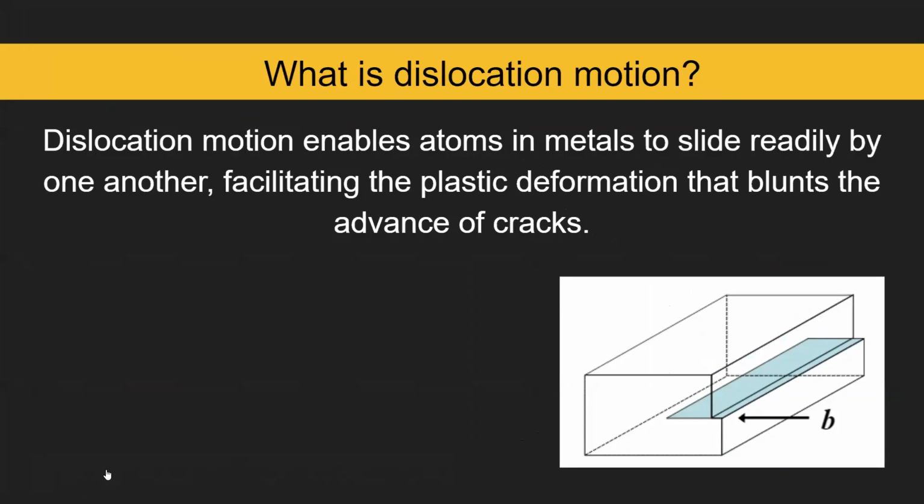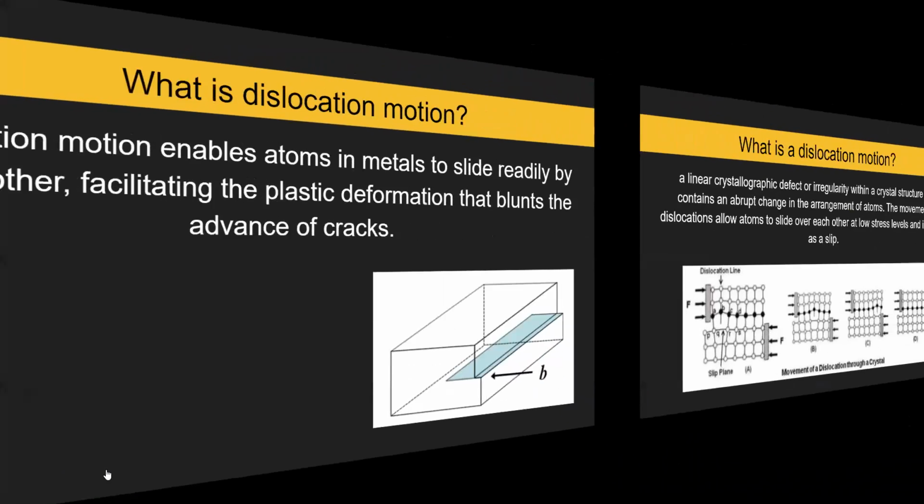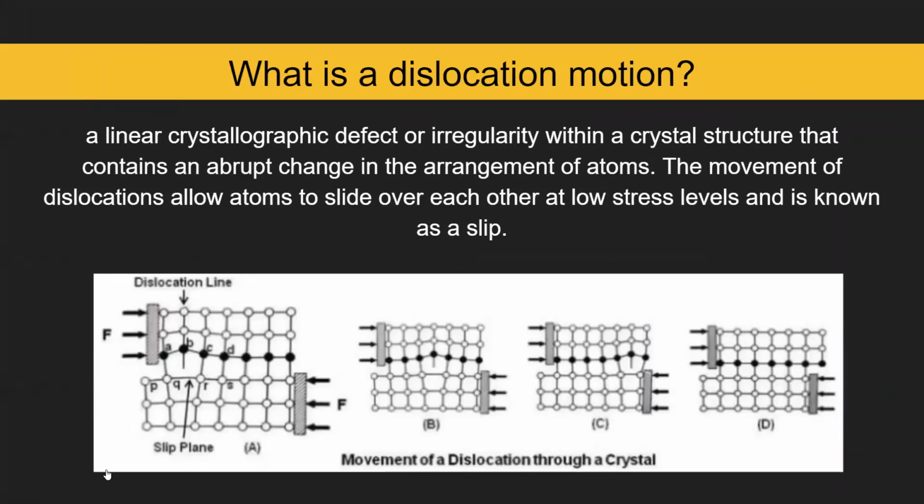Dislocation motion enables atoms in metals to slide readily by one another, facilitating the plastic deformation that blunts the advance of cracks. So just a continuation on from this, it is a linear crystallographic defect or an irregularity within a crystal structure that contains an abrupt change in the arrangement of atoms, and that can be seen in the image down below. The movement of dislocations allows atoms to slide over each other, like I said,